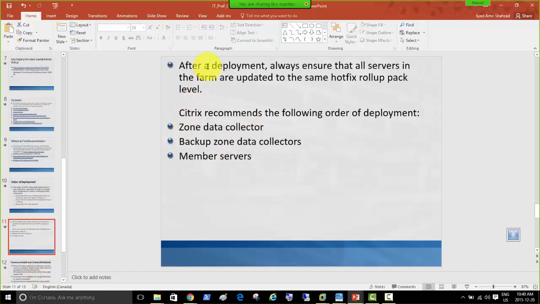Okay, so after deployment, always ensure that all servers in the farm are updated to the same hotfix rollup pack level. So yes, all servers should be on the same level. This is the case with every environment. It's a best practice with every environment, whether Exchange or any other. So Citrix recommends the following